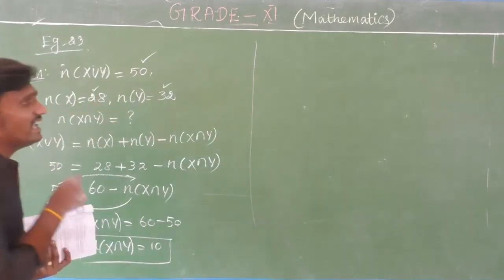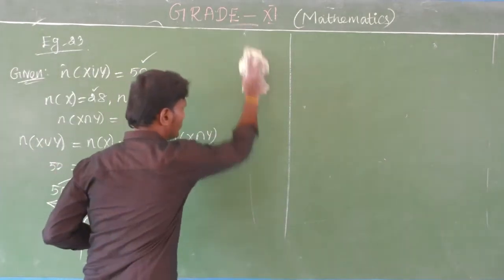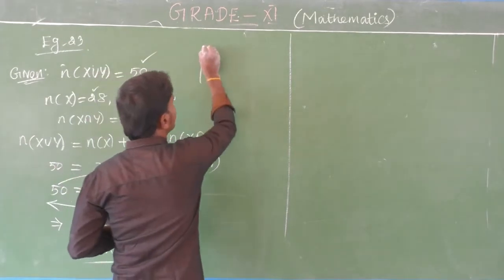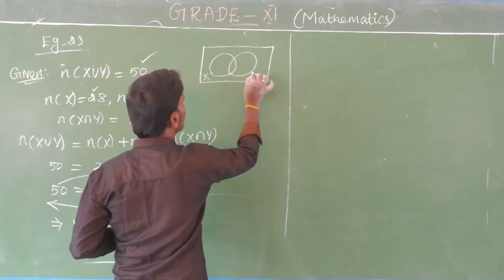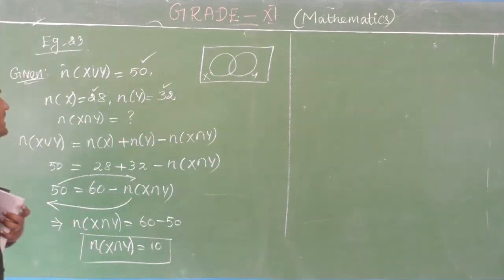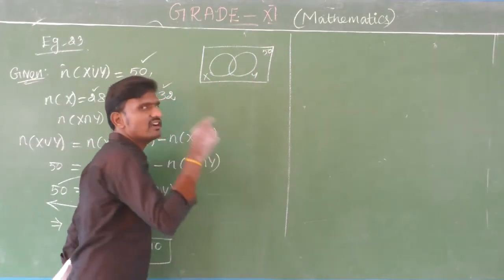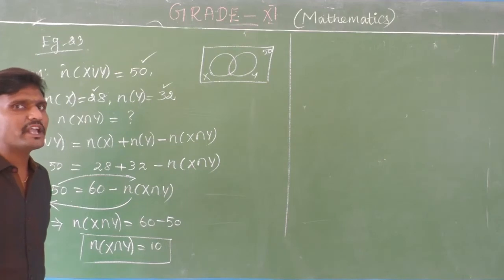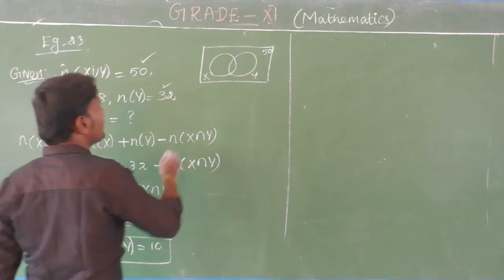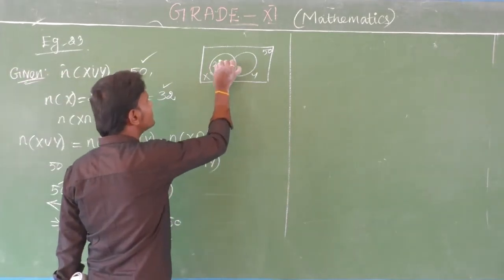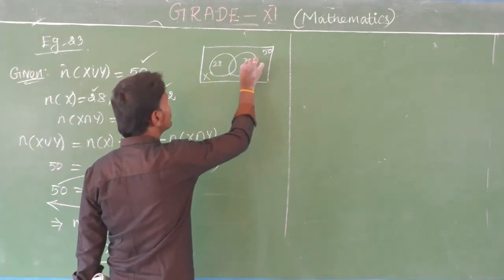For that, I will also show you by the Venn diagram. Okay, wait. How to do that Venn diagram, sir? See, this is X and that is Y. The given X union Y is 50, no? So I am going to mention 50 here because that is the universal set, mentioned by n of A union B or X union Y. And n of A is 28 for the space of only this part, and n of B is 32 for only this part.